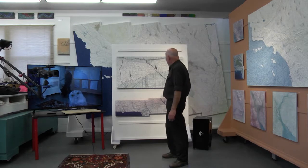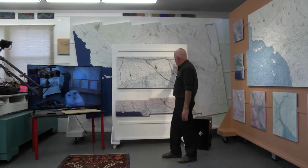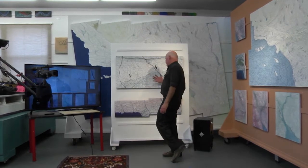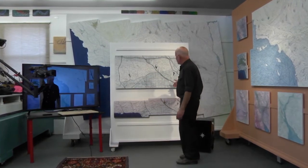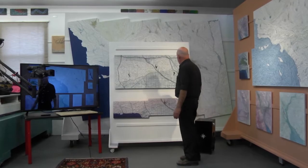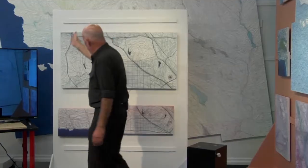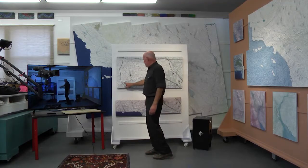Here we are, 2015, the city is obviously covered by freeways. So since I like to paint place, it's up to me now to include what it looks like, and of course this is the 101, and the 5 is over here, and the 134, and we're going through the Sepulveda Pass down to Sunset Boulevard,